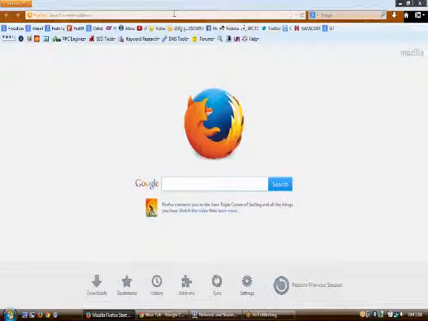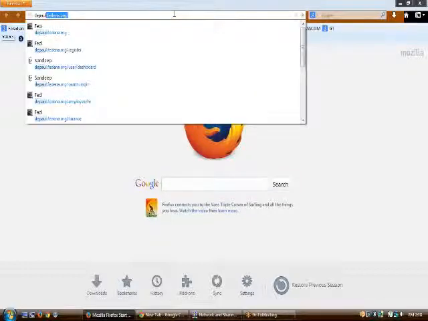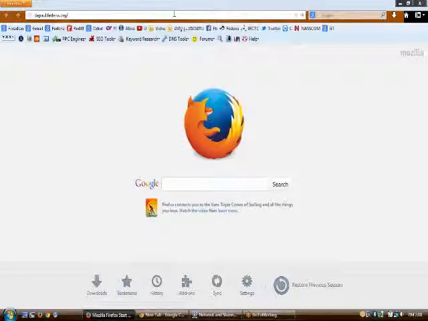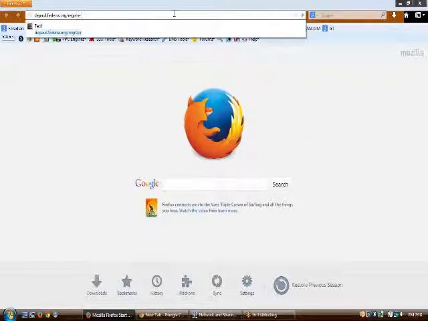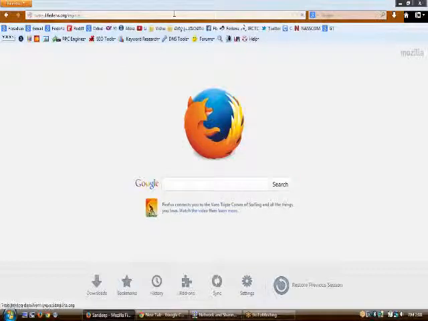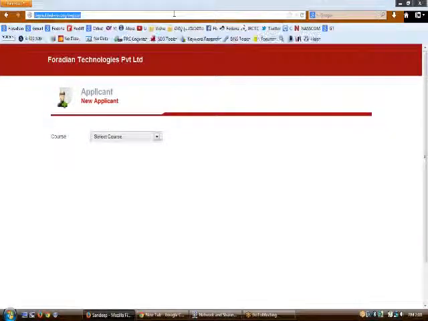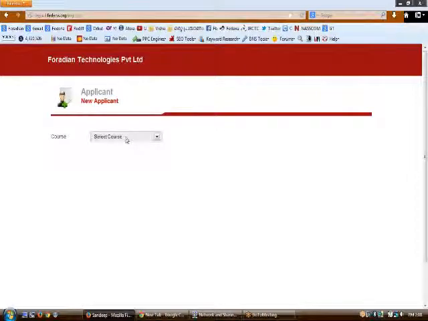To register a student, as this is usually done from the student side, they need not log in, as logically they won't have any login page there. They just need to go to default.fedina.org/register, default.fedina.org being the URL for my school here. On clicking this, the user will be redirected to choose the course.